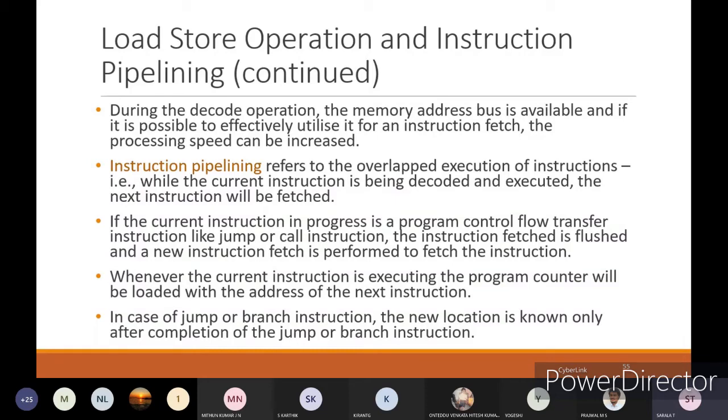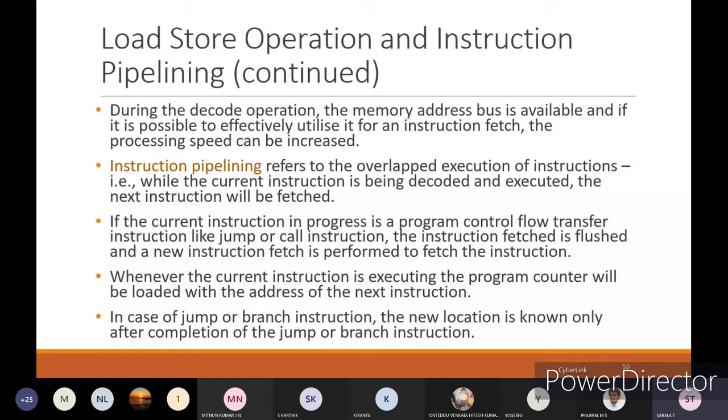See, if I am taking the decode operation, the memory address bus is available. If you are doing the decoding, your instruction has already been fetched. At that time, the memory address bus will be free, and it can be effectively utilized for an instruction fetch.